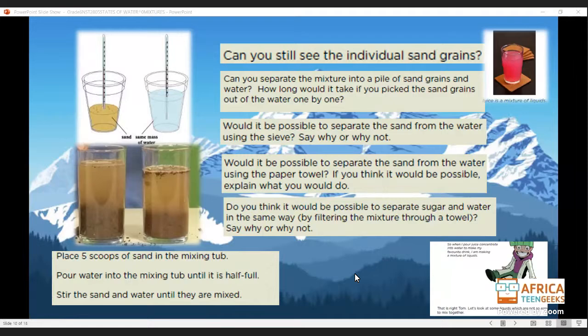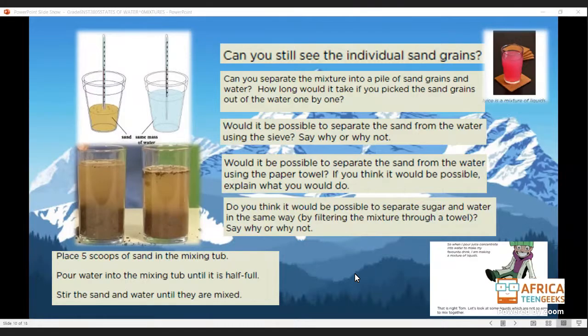Okay. All right. So the paper towel would possibly absorb the water. Right. I do think it does. It would work, but I think just not too much water because you don't want the paper towel to become so soft that it disintegrates. Okay. So it does depend on the volume of water you're going to pour, but it can work. It can work. And if you use a cloth,